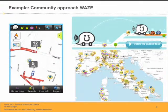Another way is following a community approach. The project is called Waze. Maybe some of you have heard about it already. It's really nice because it follows, as I said, the community approach. Users can report minor or major traffic reports, saying that there are accidents or incidents on the traffic network, as well as congestions, or even if